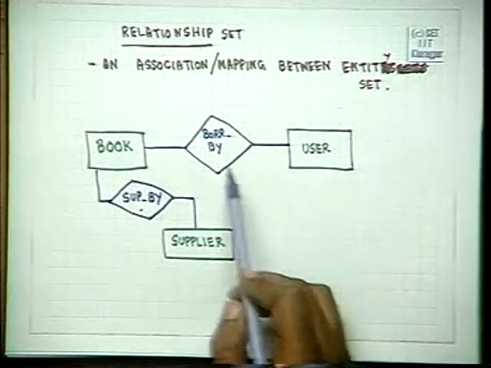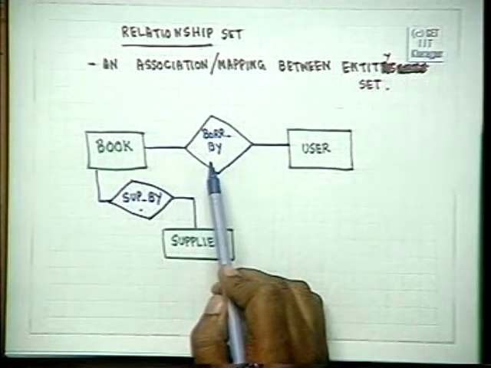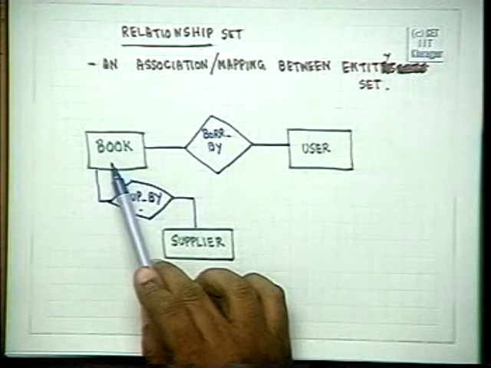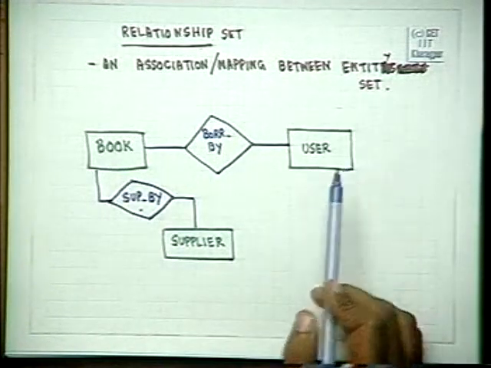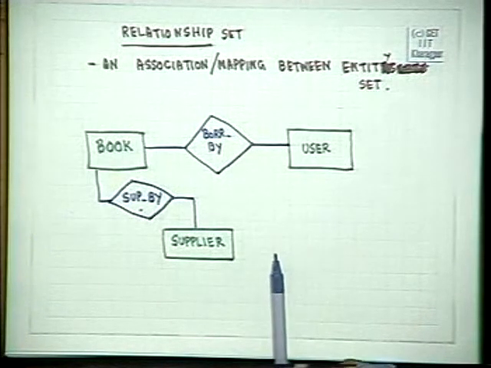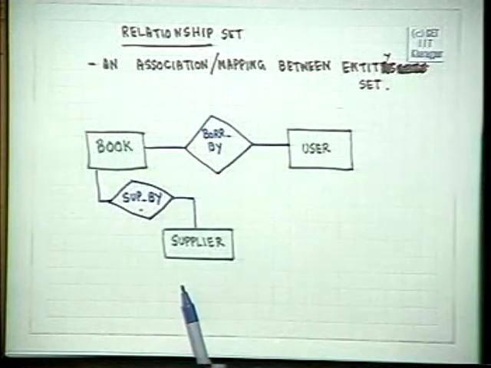So, this relationship is a relationship, and it is not a function in the sense that every element here must have a mapping with some element there. This is an important issue which has to be remembered, and this is one of the core issues when we conceive of the design of what is an entity and what is a relationship.